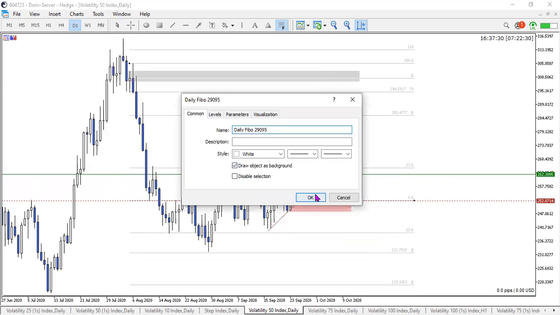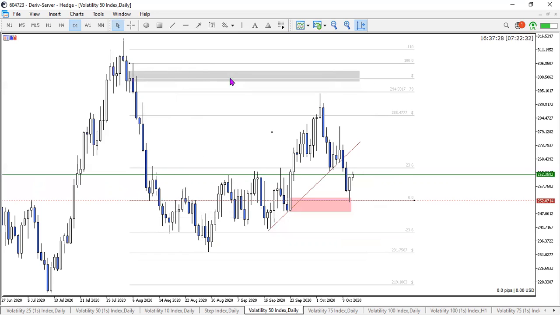Sorry, I'm just checking this fib. So I will be targeting that gray zone that I have highlighted up there. Now we can see on the fib, we haven't really had a retest into the money zone as well. So that is just something to be wary of,